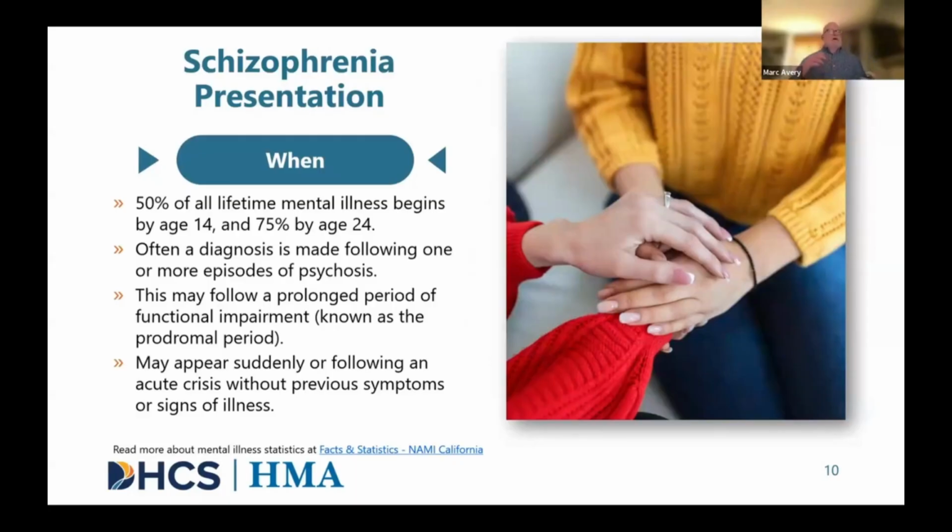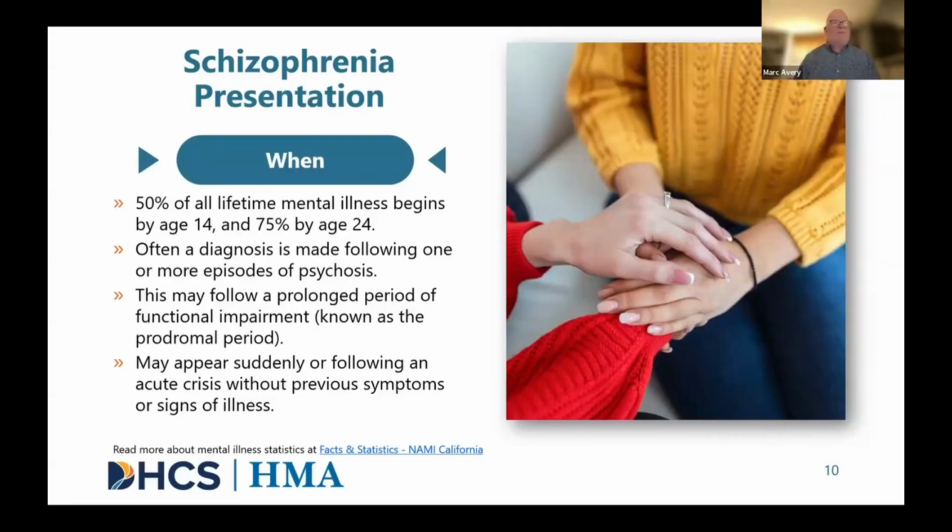Let's first talk about how it begins in a person. Schizophrenia most typically presents in teenage years or early adulthood. Often, a diagnosis is made following one or more episodes of psychosis, and we'll define that word psychosis in a moment. The psychosis and eventual diagnosis of schizophrenia may appear suddenly without warning, as in Darren's case, or it could